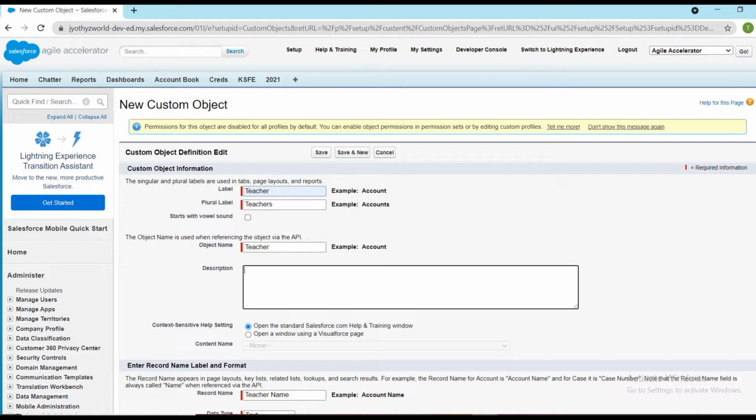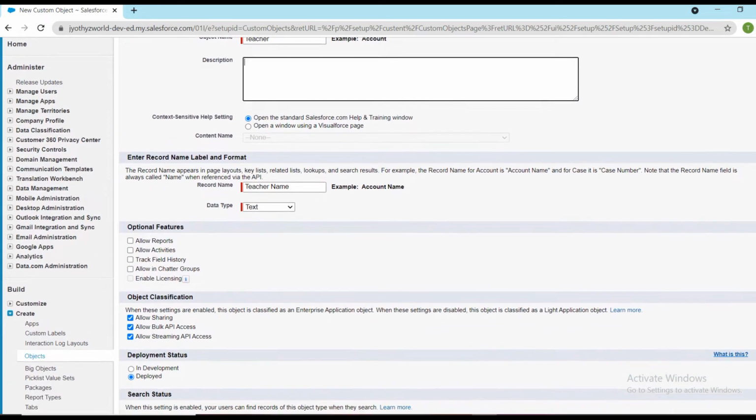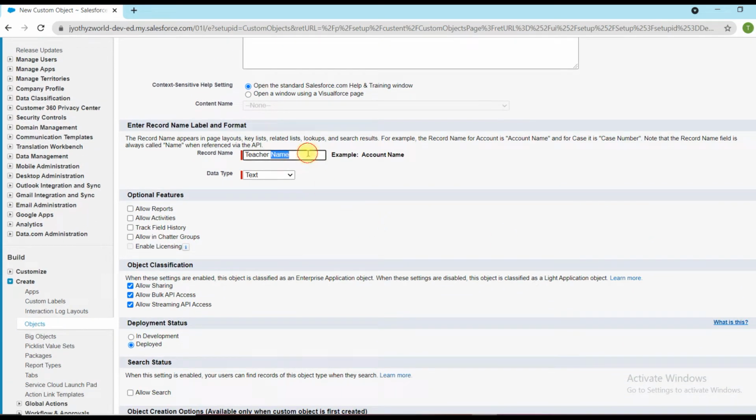Next, here is the first field. This is a standard field of the object Teacher. We can customize it to Name of Teacher, which will be a mandatory field, and records in the Teacher object will be identified using this record name. There are two options for data type: text or auto number.